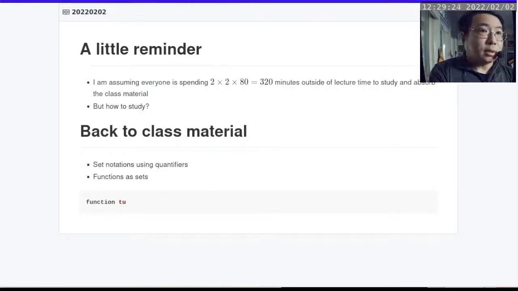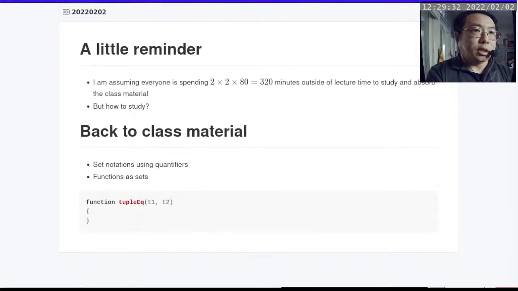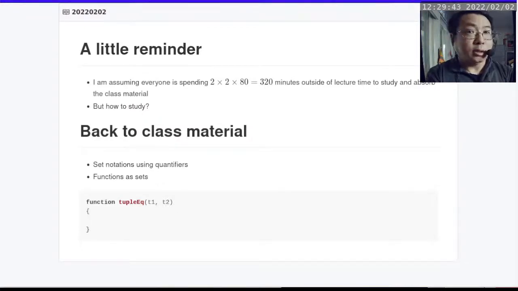So I'm going to say tuple eq for equality, and we'll have t1 as a tuple, t2 as a tuple. So JavaScript, unlike C++, is not a strongly typed language, and as such, it doesn't need types when you are declaring parameters or local variables. So now the first thing we want to do,